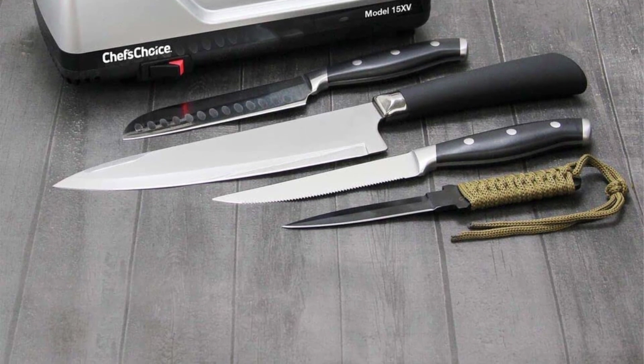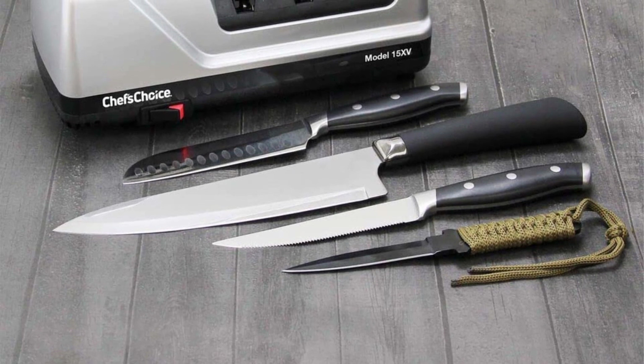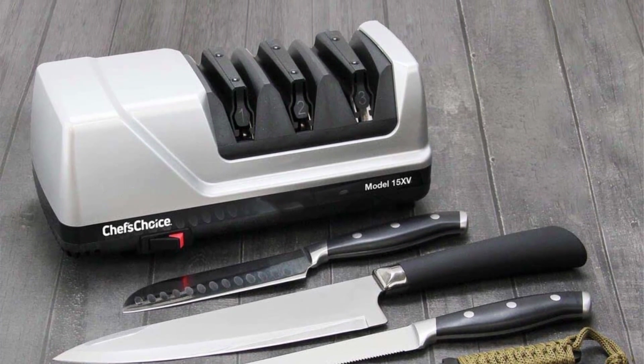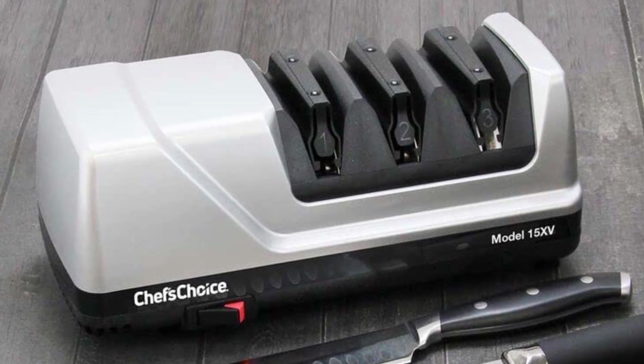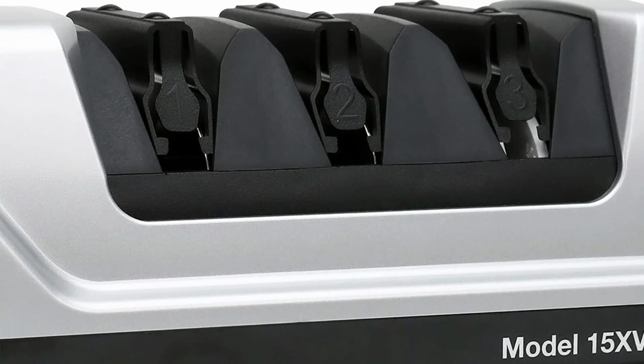Our 2016 test model Trizor 15 has stood up to years of use in the Wirecutter kitchen, and after our formal tests of the 2019 unit were finished, we used it to sharpen more than a dozen staffers' knives, running it for up to 30 minutes at a time. It's not cheap, but if you spend a lot of time using your knives in the kitchen, we believe it's